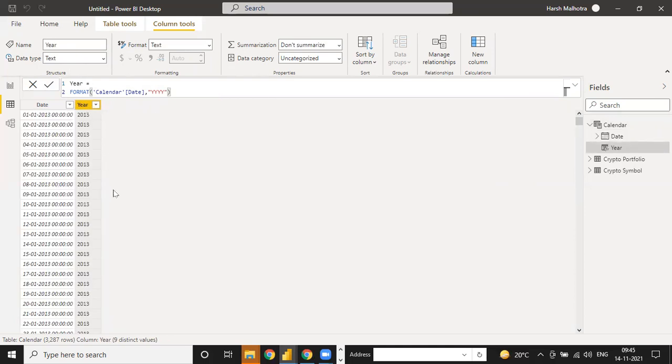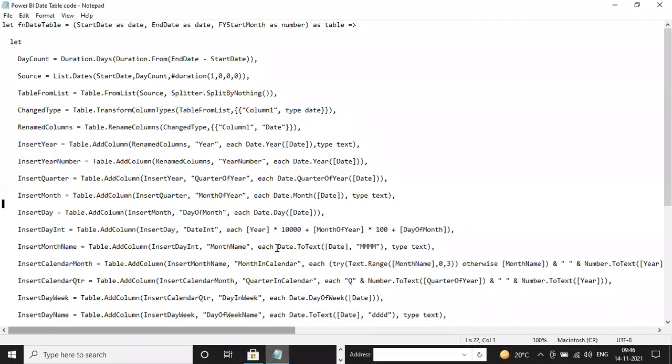Now see, your year is separate. Same way, your month, day, financial year, quarter. Suppose you need 100 plus columns in your date table, you have to use 100 functions. And in every project you need the same complete date table. So that is the reason you have to create your date table one time, and then the code, that function, we have pasted here, and this function is pasted by Power BI only.